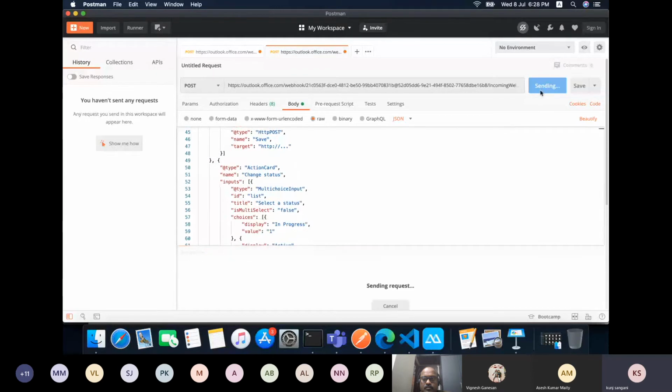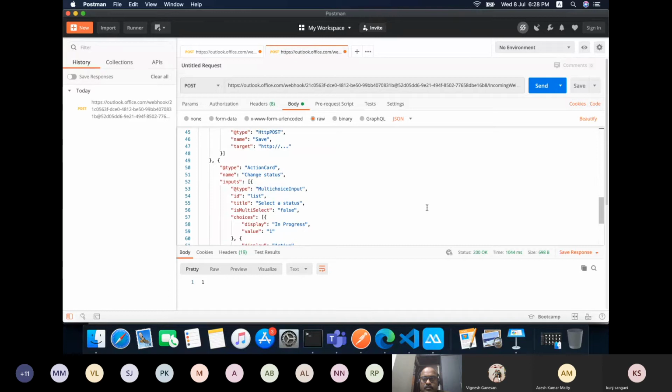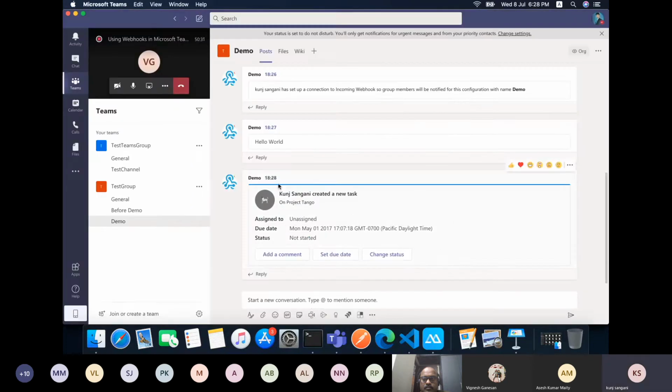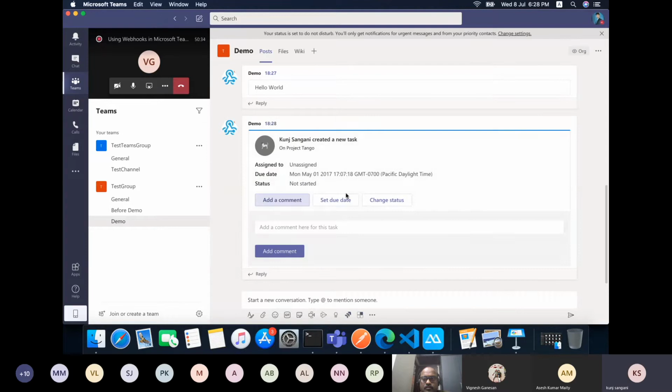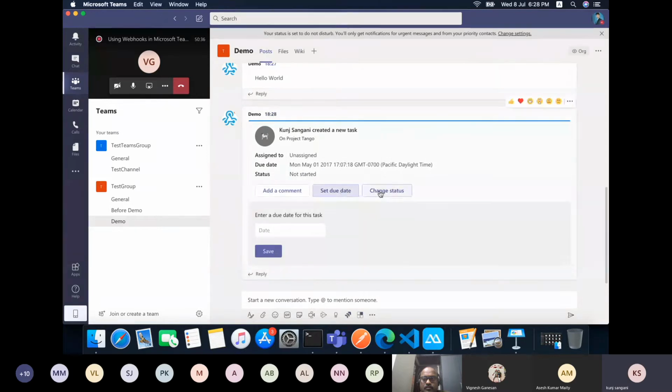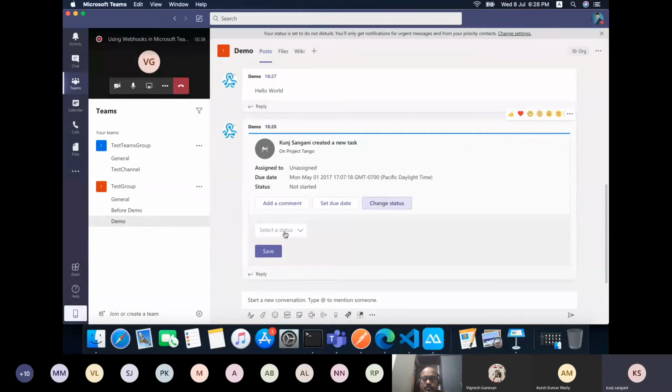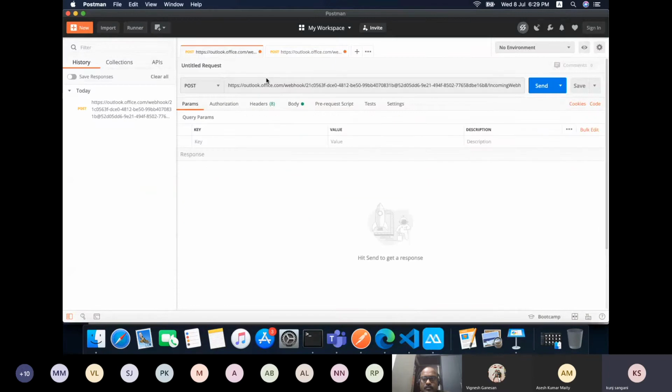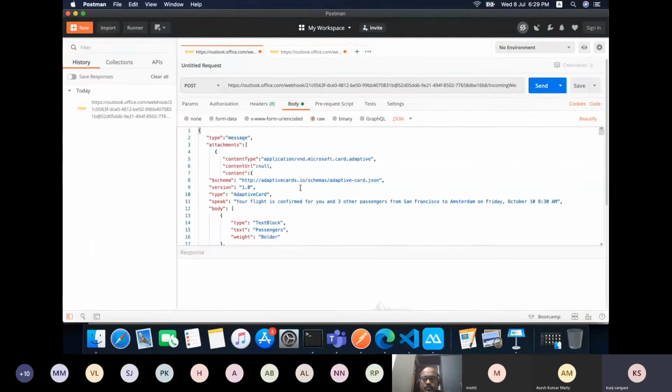So now let me fire this. Once I receive 1, that indicates that the data is sent. So I can add a comment, set due date, and change the status. And this is using the message card. We can also use adaptive cards, so let me show you an example of how we can use them.